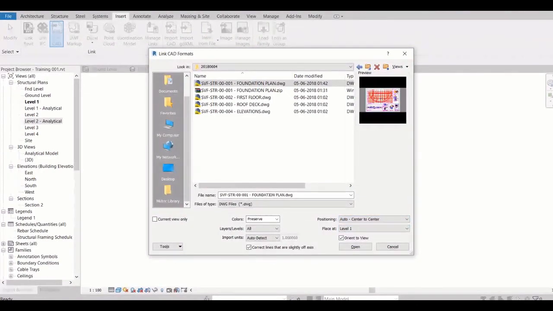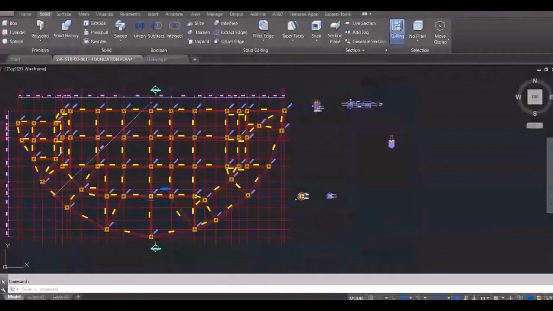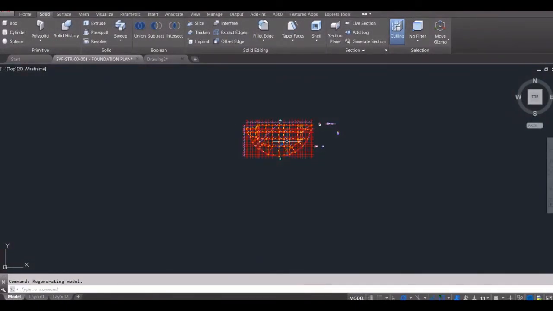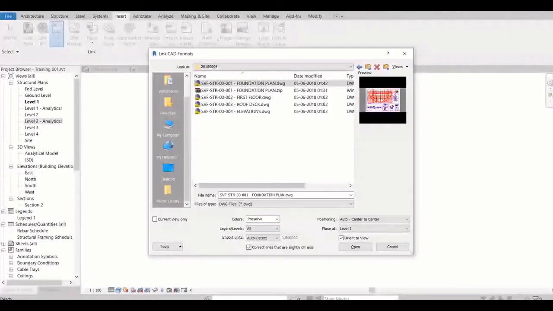What it will do, it will calculate the center of your geometry, right? Like for this one it might be on this location, and then it will put that point on the Revit file center location, right? And there is by shared coordinates, if you have already shared coordinate system, then it will import as per that one.